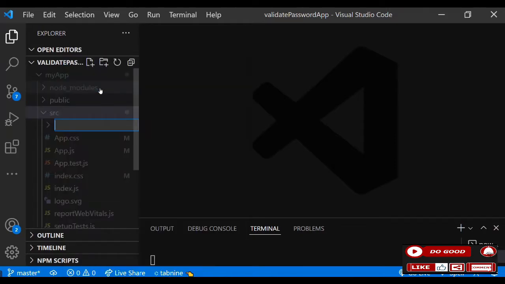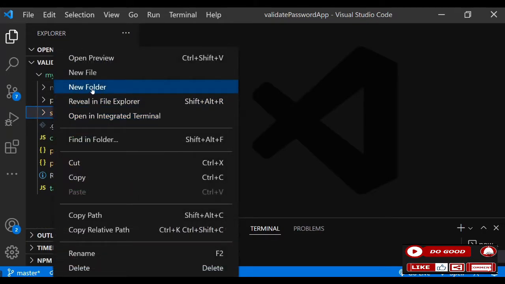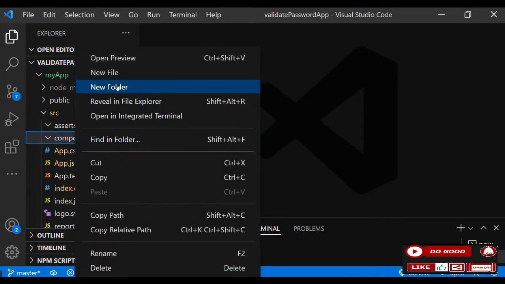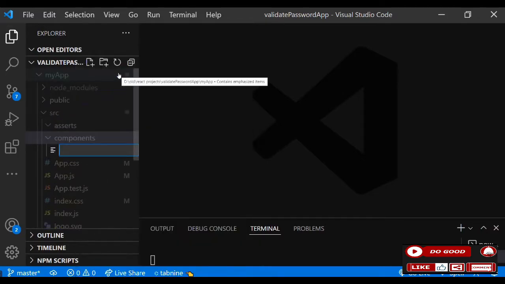Let's call the first one assets. Then call the second one components. With assets, we work with the spinners later. So let's move to the next one and go to components. In components, let's create a file and call it flag